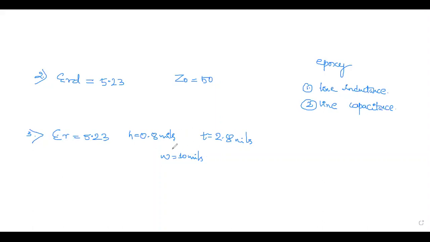This is a completely different problem. This is the one you solved yesterday, related to the characteristic impedance of a microstrip line. So you have to use a different formula to find Z0, whereas the earlier one is related to your parallel strip line.